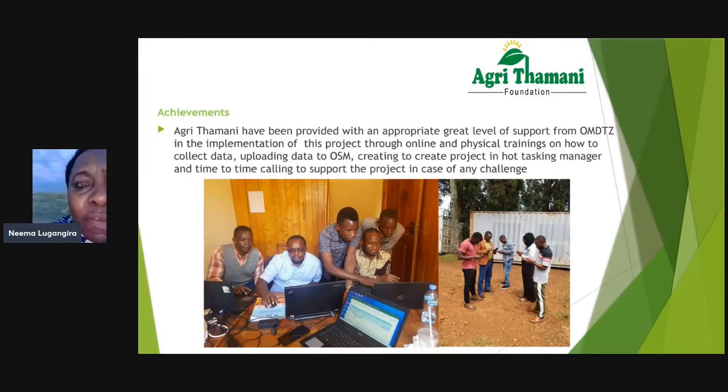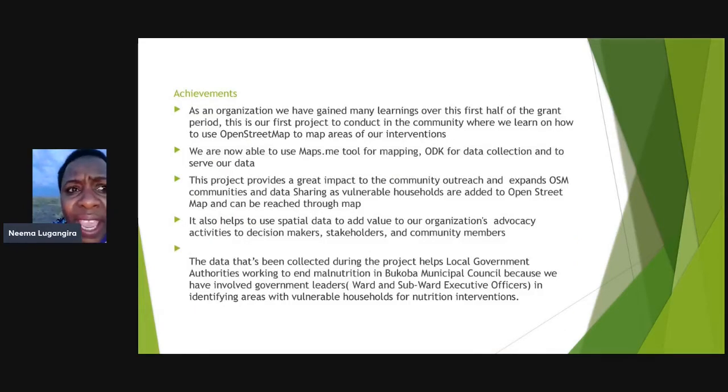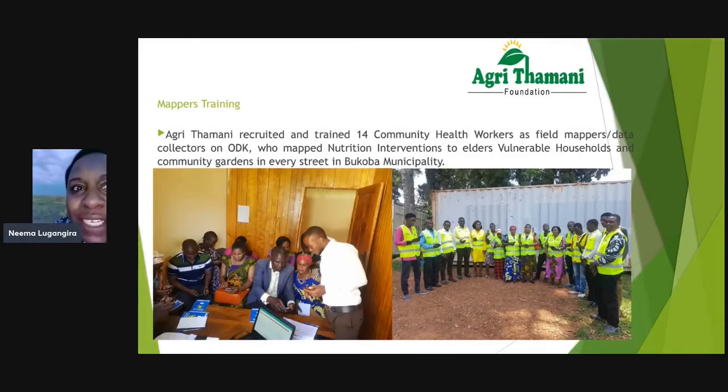And in total, we've managed to map out 34 health centers and schools, 900 households. And the biggest takeaway for us has been getting the local government officials to see the importance of using the data, and to see how easy it is.